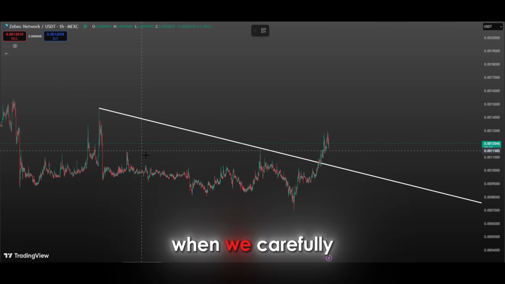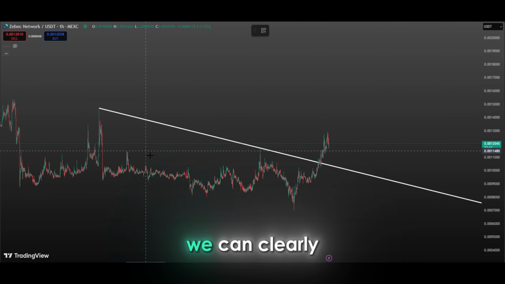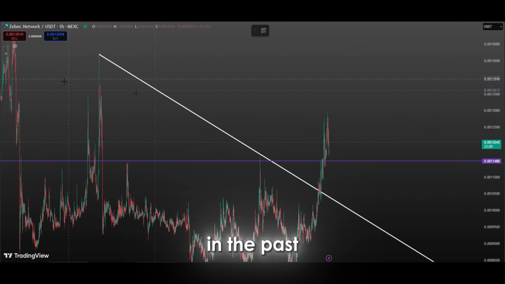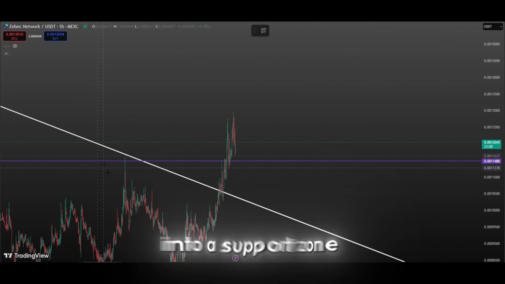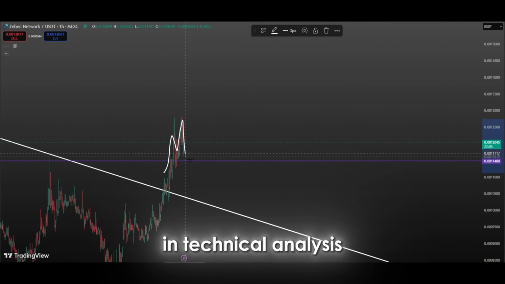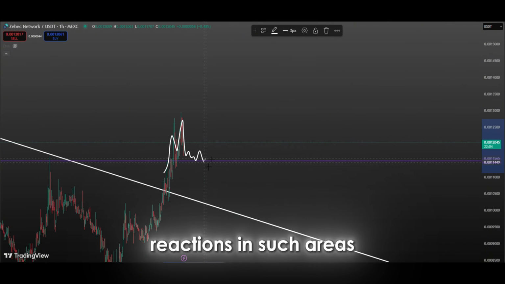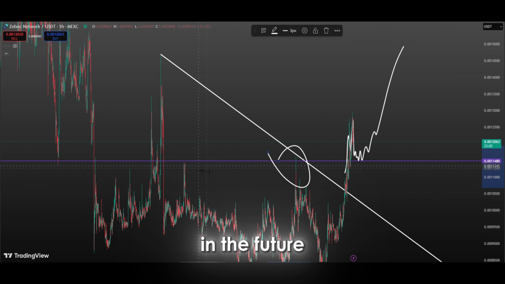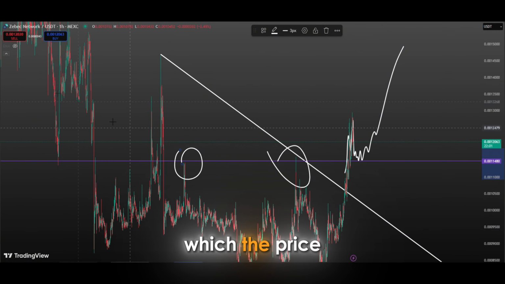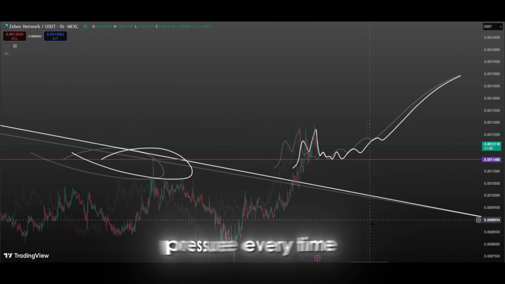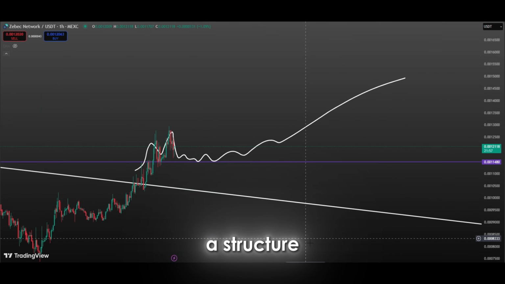Keep watching. When we carefully examine the chart, we can clearly observe that a certain line that worked as an important resistance level in the past has now turned into a support zone. Such structural transformations are very critical in technical analysis, as the price's reactions in such areas can give us very strong clues about price movements in the future. This resistance line, which the price struggled to break above many times before and faced selling pressure every time it touched it, has now become a structure on which the price is positioned and is now a candidate to act